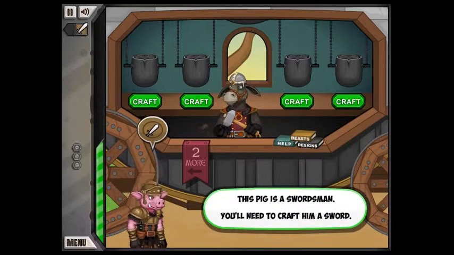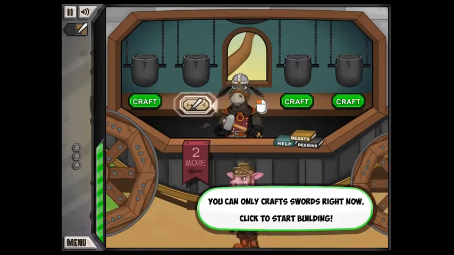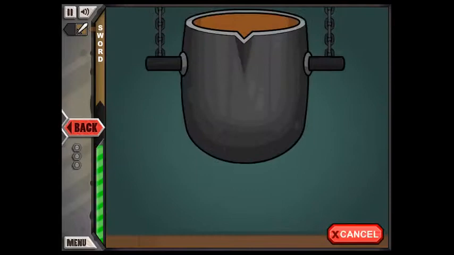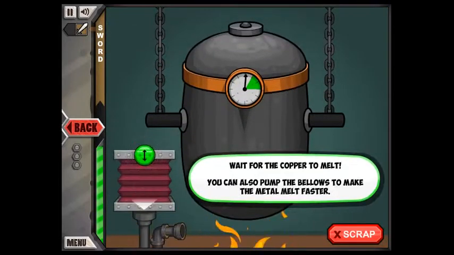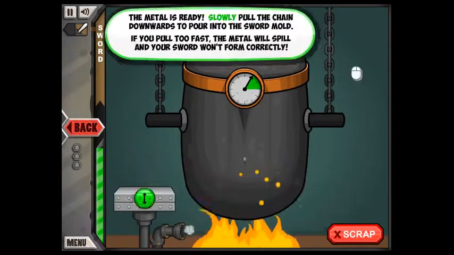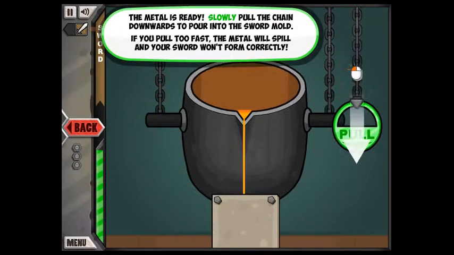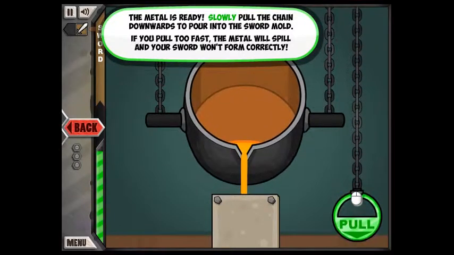He's going to order something. He wants a sword. You're going to craft it. You can only craft swords right now. So we're going to start building a sword. You click the mold for the sword, and you put in what kind of material you want to use. Then you wait for the copper to melt. You can use the pump to pump the bellows to make it faster. When it gets in the green area, you pull the liquid metal into the mold, which will make your